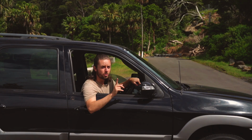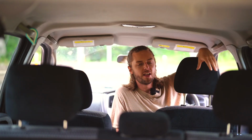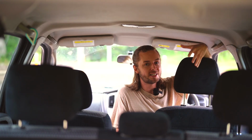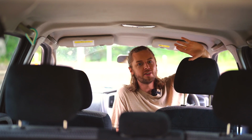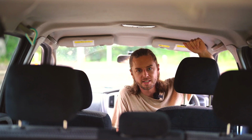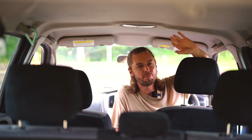Next tip, you might want to get a car. Now, I use the words might want to get a car because I myself did not want to buy a car. I get it. Cars feel expensive, it feels like a responsibility, but I can promise you, if you don't live in a major city like Brisbane, Sydney or Melbourne, where you don't really need a car, having a car will dramatically improve your